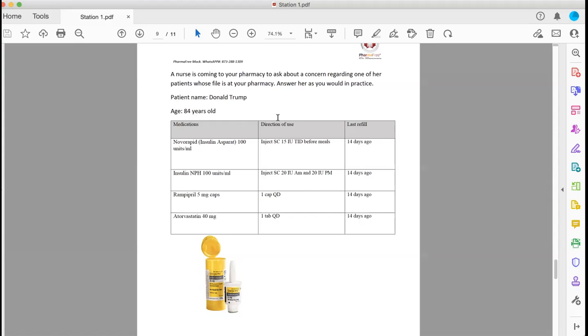The problem is that Mr. Trump is suffering more and more from hypoglycemia. Recently, he got 2 episodes of hypoglycemia in the last 3 months. And in fact, his wife is encountering some difficulty with glucagon injections. We heard about a new glucagon nasal spray, which is called Baqsimi. So I wonder if I can give this medication to Mr. Trump, or should I prescribe it to him, or can you give it over the counter, and I would like to know how to use it.